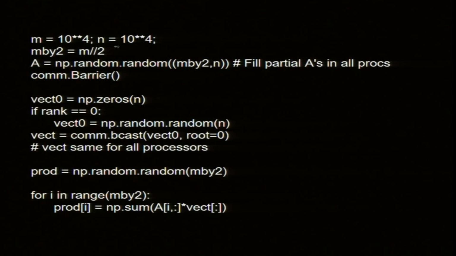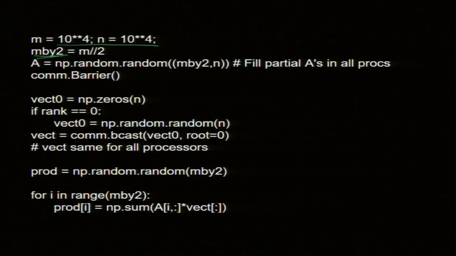So, I have my matrix size as 10,000 by 10,000, m by m, so I create a new variable m by 2. Okay. My variable name, I would like to use something which is what it is. Do not use temp or something. Many students have this tendency to use i, j, k, temp, temp 1, temp 2, temp 3. I had seen a program with temp variables going up to temp 15. Do not use it, you should use what the variable is.